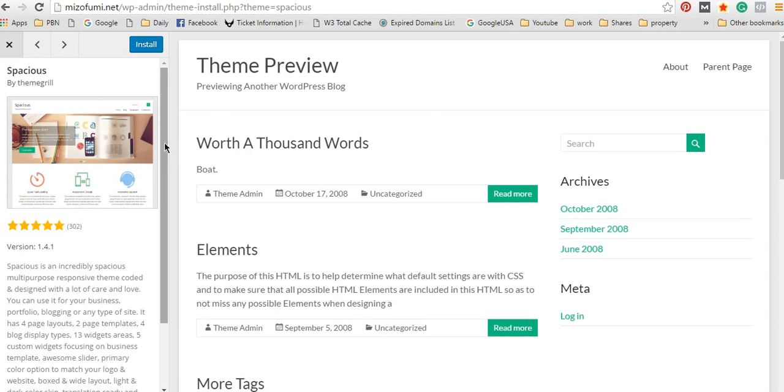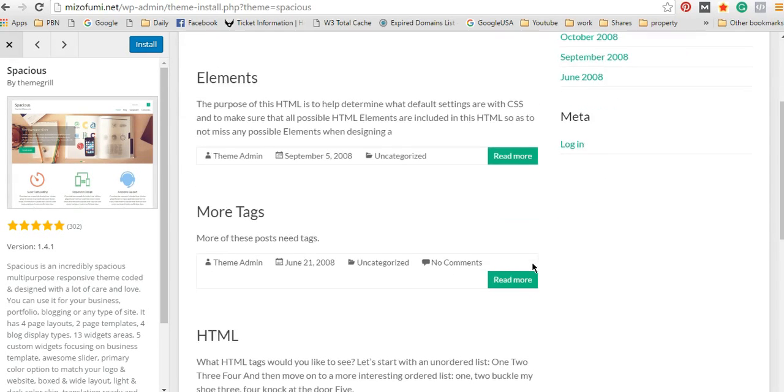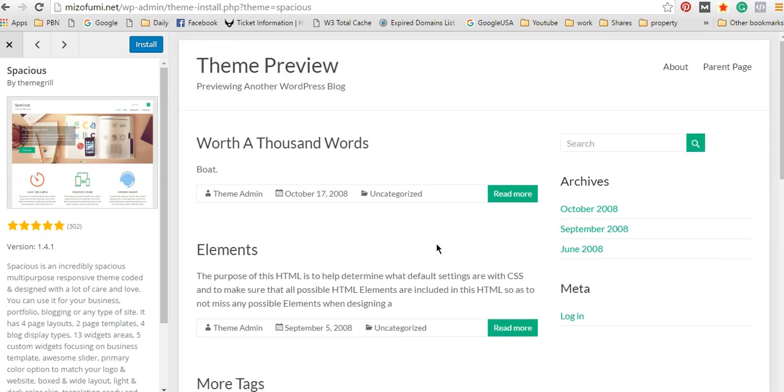Now that is actually the demo setup, and this comes with no demo setup. Every single one of these themes generally will have a tutorial on how to set it up like that on YouTube, which you can Google, or you can go to the makers and see if they've got tutorials there. Whenever I've ever tried to set one up like this, it's been pretty simple anyway. And once you've set up a few WordPress blogs, you'll understand what you need to do in each one, because they've made the framework very similar for all the themes, so it's very user friendly, so you know exactly what you need to do to get that to look